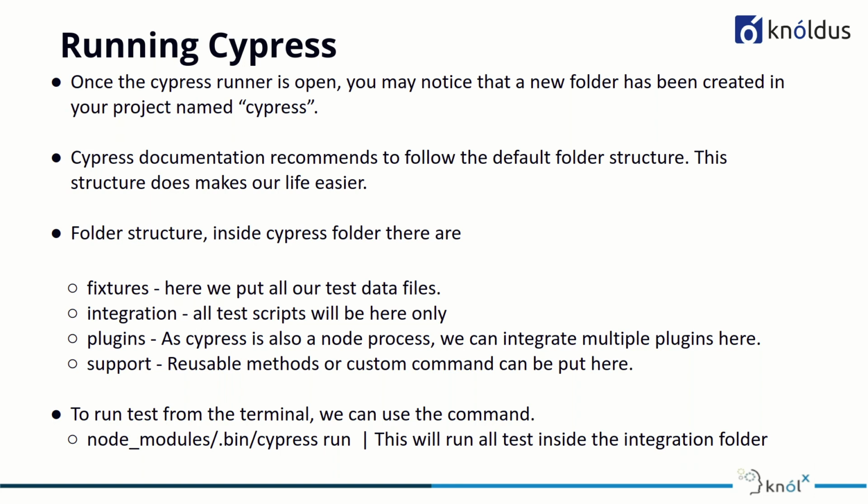Because however, if we were to replicate the same in Selenium, we would have to give the whole path to the data file. And for me, this is the beauty of Cypress architecture, right? It does make our life a bit easier. And there are two ways to run our test. From the test runner, and you can execute your test from the terminal as well. You just have to use this command with the run keyword, and it will run all the test scripts that we have under the integrations folder.